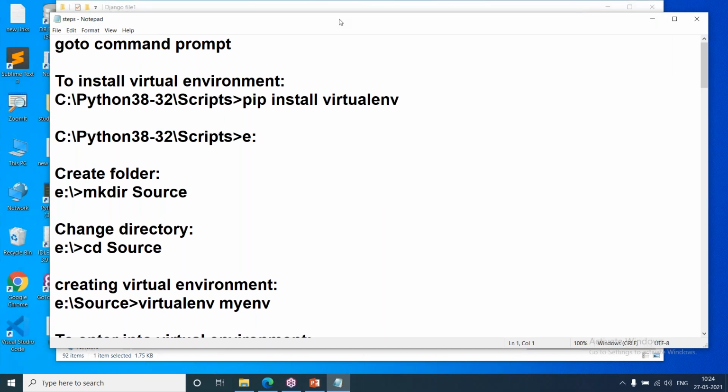So here first we'll create a virtual environment. Here we can see the physical environment and the virtual environment. When you are working with Java, .NET, or Python, you work in physical locations, in C drive or D drive, where you install and use it. For Django, a virtual environment should be created. A virtual environment is isolated from the physical environment or system folders. It is isolated, it is separated.